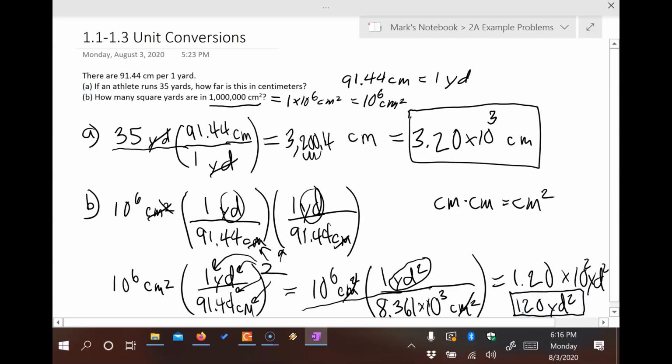Now let's think about this a little bit. What's bigger, a yard or a centimeter? You always want to think about your answers and make sure they make sense. I got 1,000,000 centimeters squared, but centimeters are tiny, right? So if I convert that to yards, which are bigger, I'm going to have fewer of them. 120 yards squared is a lot smaller than 1,000,000 centimeters squared, so this seems to make sense, and I'm pretty satisfied